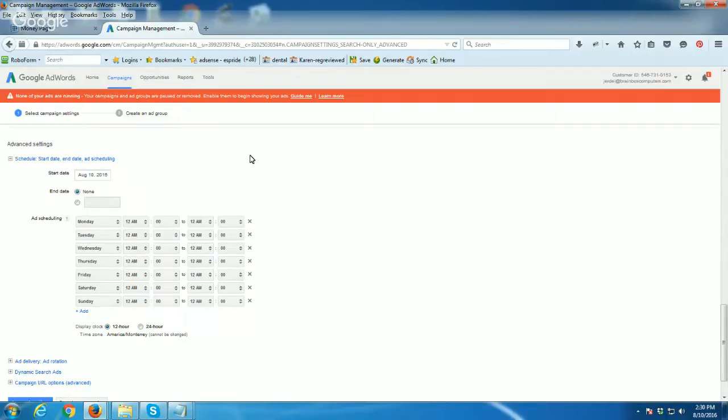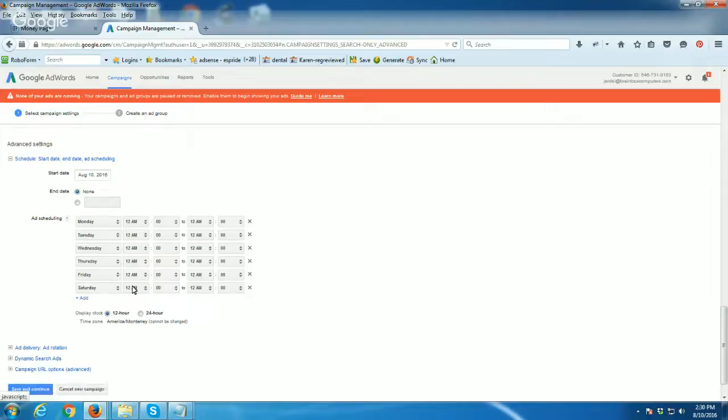So with the scheduling, you're able to actually put in the hours of your business, and this is how I generally would use it. So if you're not open on Sunday, remove Sunday. If you're not open on Saturday, remove Saturday, right? And otherwise, just go ahead and set the times in which you're going to be in the shop and available to answer the phone. And this is really going to give you more bang for the buck,